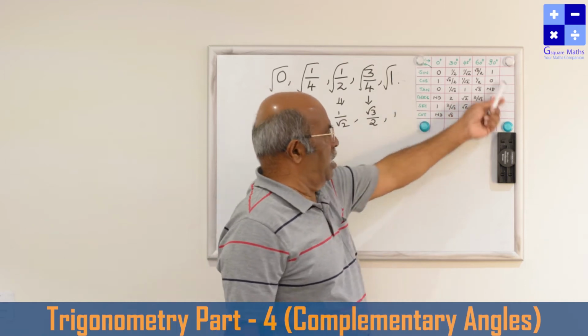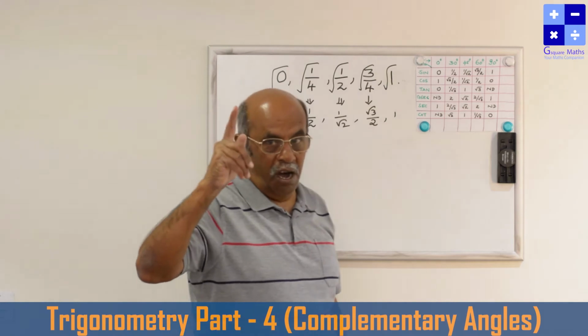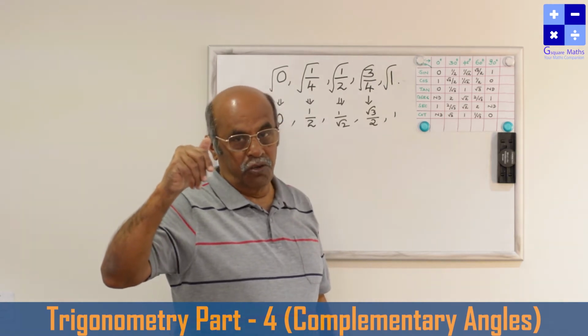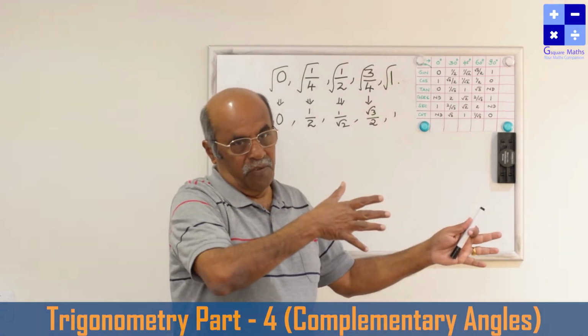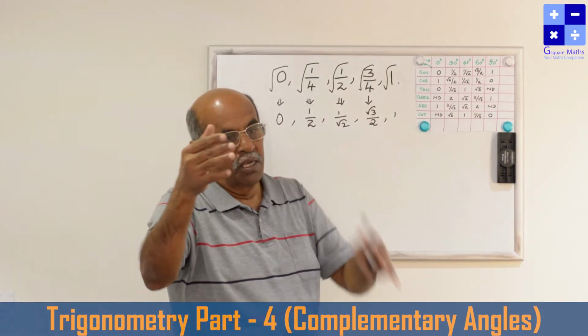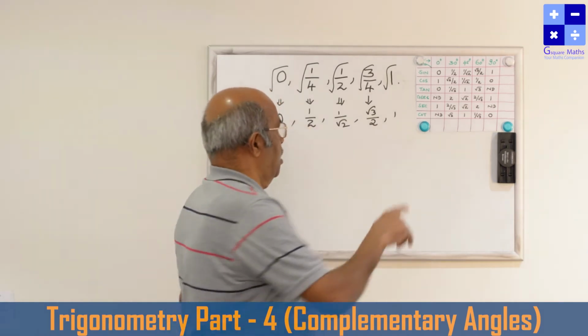This is very clear. What I did: I started with 0, quarter, half, 3/4 and 1. I took the square root. I put the same 5 values in the 5 boxes. Then for cos I reversed it. For tan I just divided. Now come to cosecant.